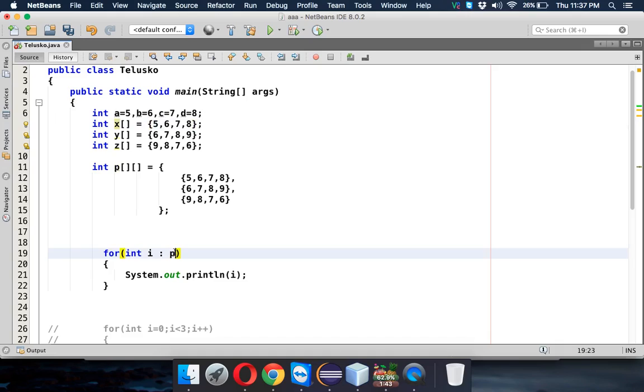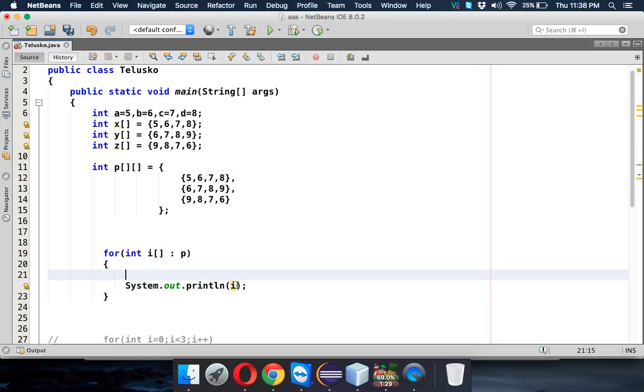But now when I say P, it will return the whole array. So this I cannot be an element, it should be an array. So when I say my I is going to P, it cannot fetch a normal element first, it has to fetch the whole array because array is an element for the P.